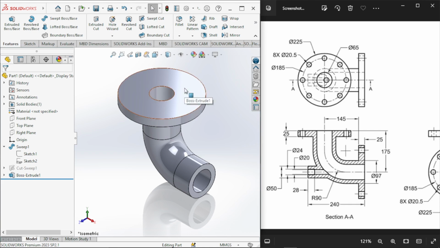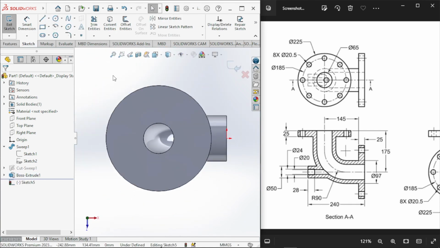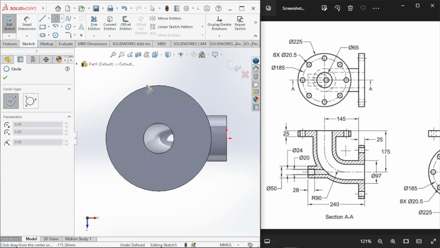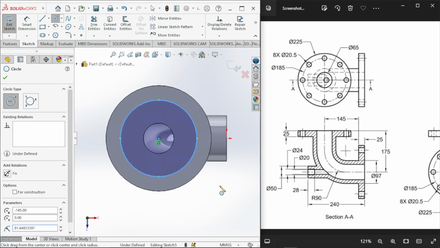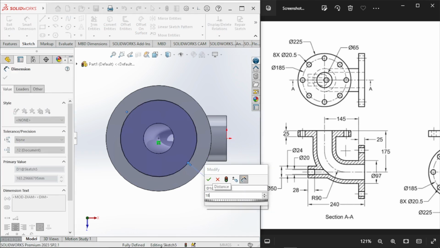So I'm going to click on this face, and I'm gonna make a circle. So this circle represents this circle that's here. So this circle is, let's say, the placeholder for the center of these circles. So I'm gonna make this circle. I'm gonna give it a dimension of 185 millimeters,